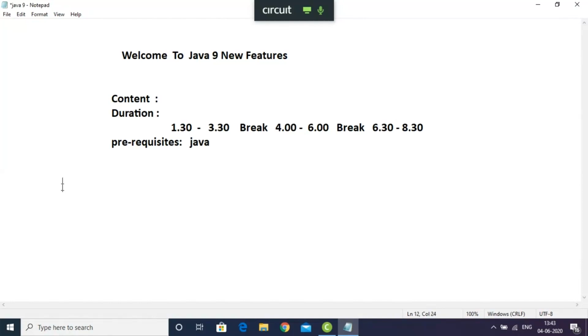Okay, now the topics that we'll cover. Let me just say the topics as headlines. So the first topic that came in Java 9 is that, what is the approach is that they want